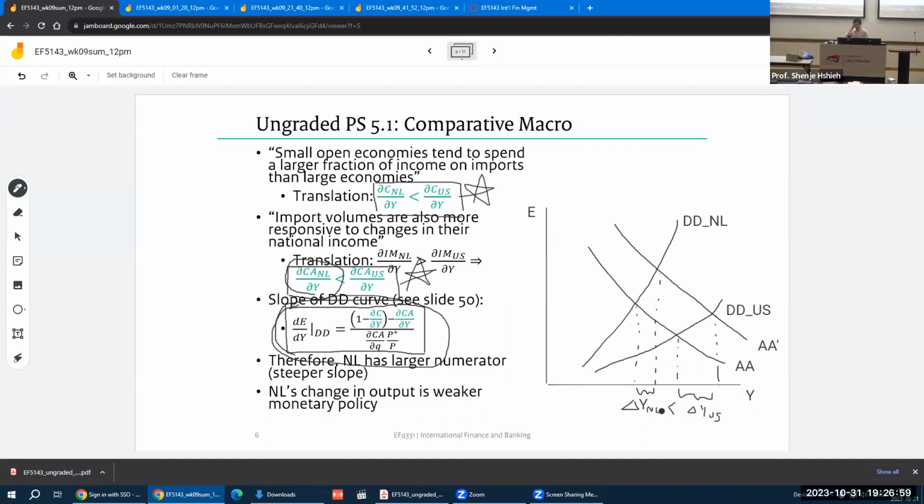Okay, so all we've done is basically just read a prompt. We thought a little bit about what the prompt suggests in the context of this equation, which is derived for you at the end of this week's slide. And based on strong assumptions about the AA schedules across different countries, we can now actually do some comparative macroeconomic